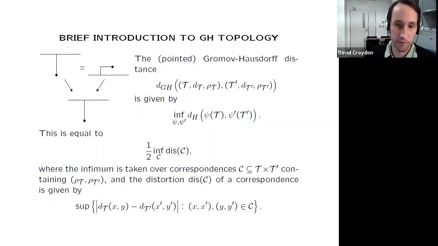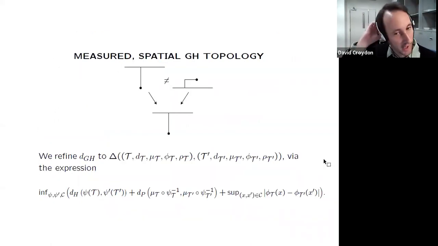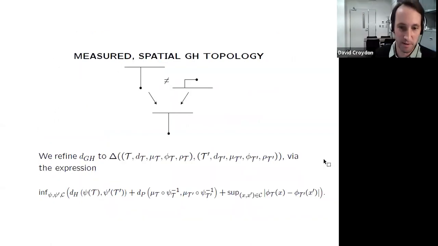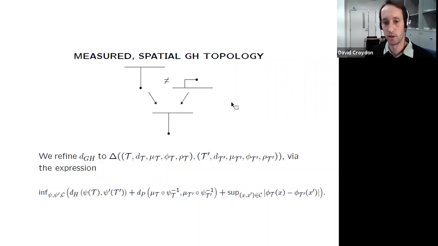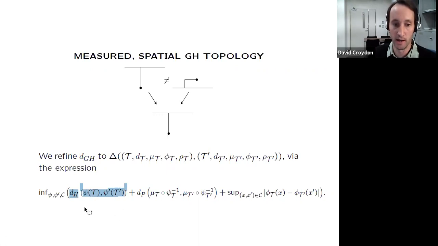And the reason I included this slide was really for this slide here. And this is maybe, again, for experts, really just to describe the topology. So to introduce the measure and the embedding, we start with our original Gromov-Hausdorff topology, which is this part here. But we also include the measures. So when we do this embedding, we don't just want the spaces to match up, we want the measures to match up down here. So that's this middle term. And then this final term here deals with the embedding.